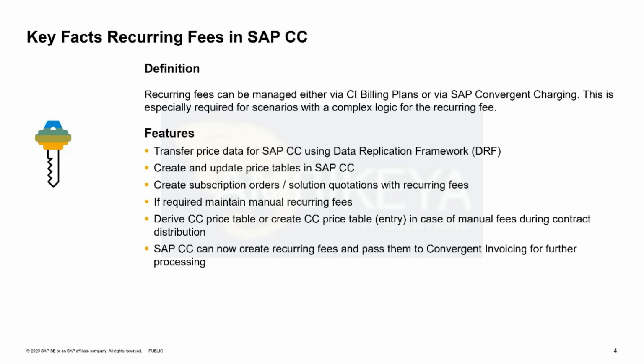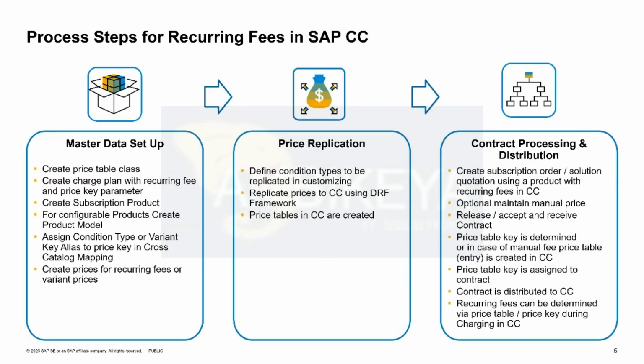How do we proceed when we want to bring recurring fees into conversion charging? This is more or less a three-step action. In the first step, we need to do master data setup. First of all, we start in CC. Here we have to create a price table class, and we have to connect the charge plan to this